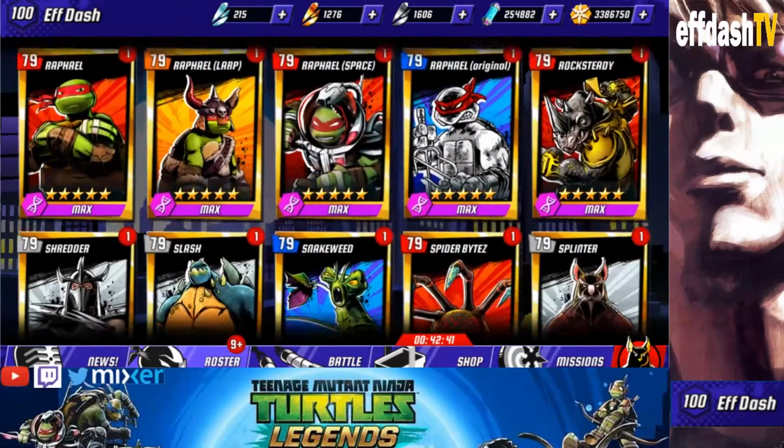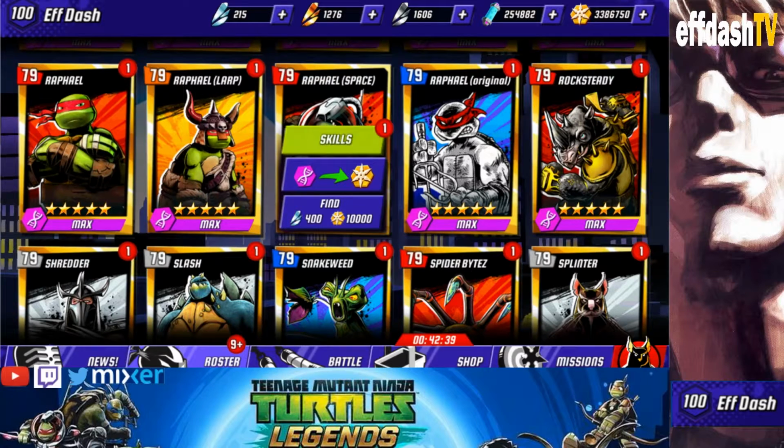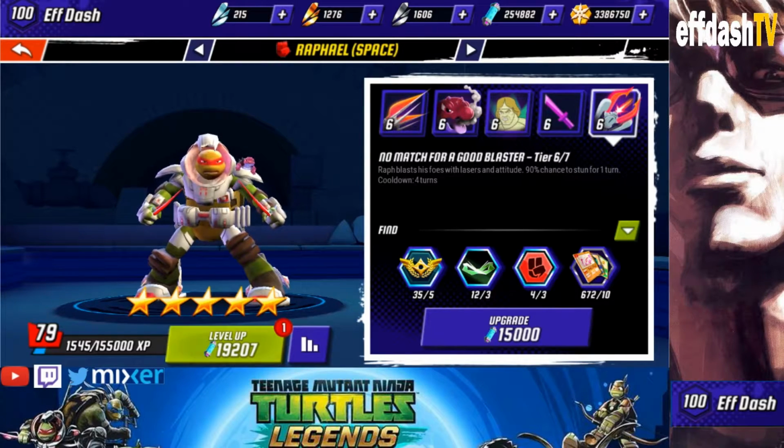And then Space Raph, definitely one of the better space characters. He's just like his normal self in terms of doing tons of damage to one particular person. So that's Space Raph. So with Space Raph, I'm going to start off with his 5th ability first, because this